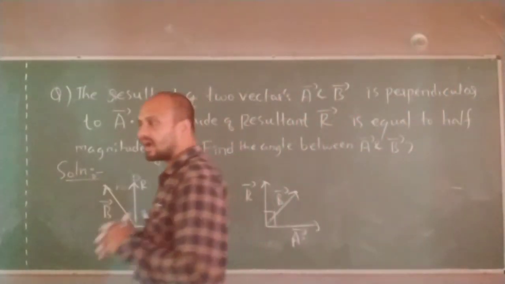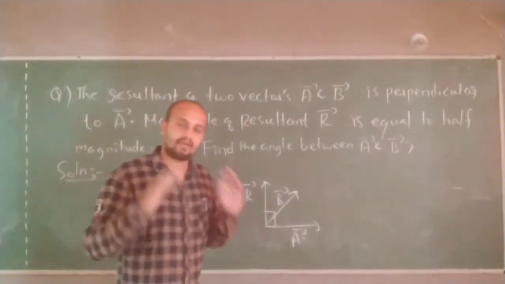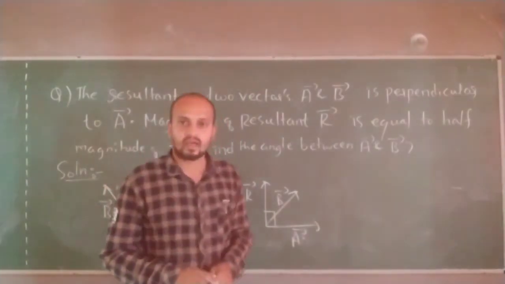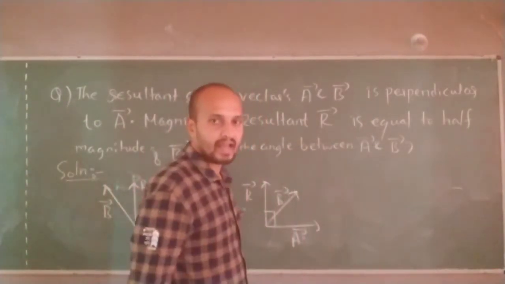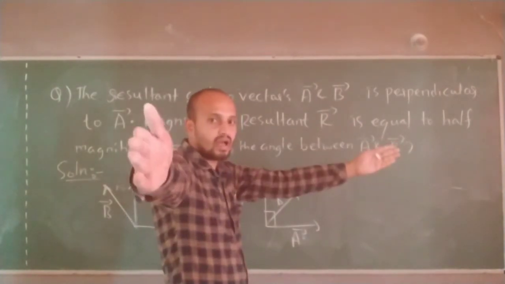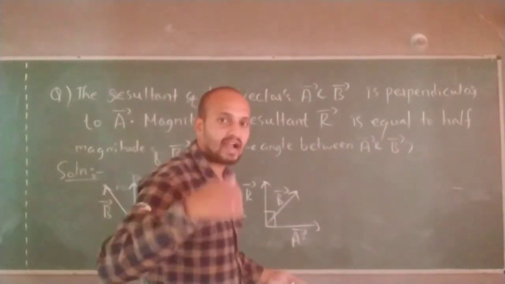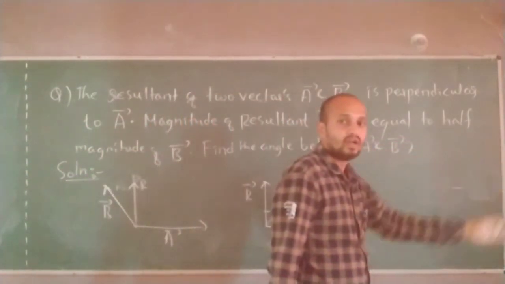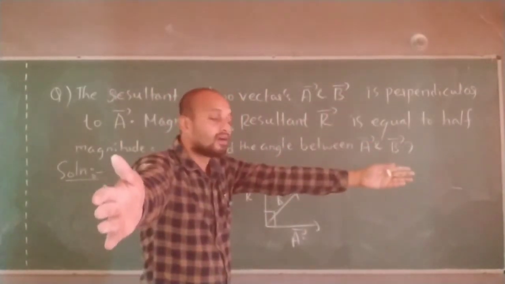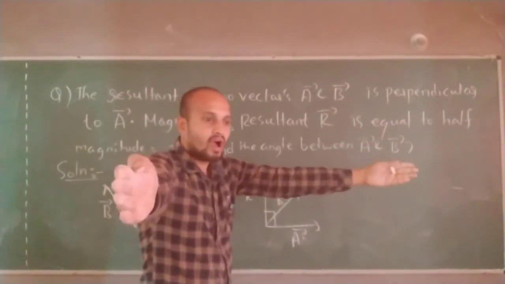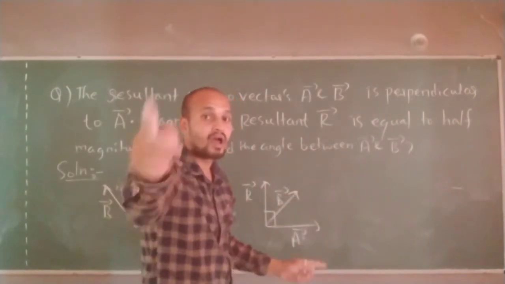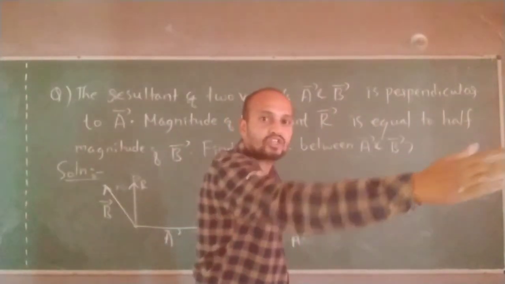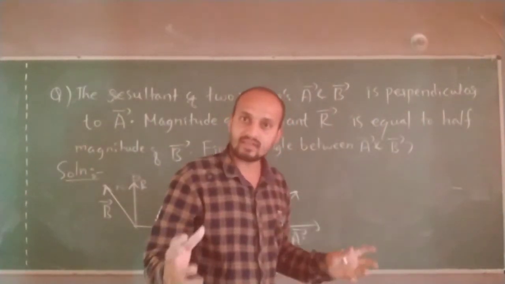See here, what exactly am I finding when I say resultant? If I am standing like this, this is one of my hands, this is another hand. If one person is pulling this side, I will come this side. If one person is pulling here, I will go forward. If both are simultaneously pushing me or pulling me, how will I go? Whether I will go in this direction or this direction, I am going to go in somewhere this inclined direction. Between these two directions, I will be going. That is what the resultant vector is.